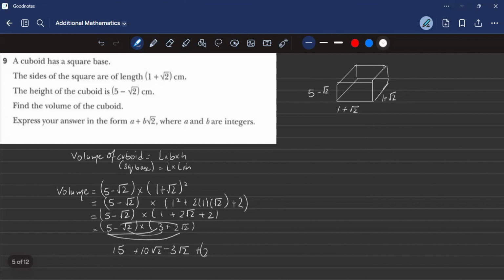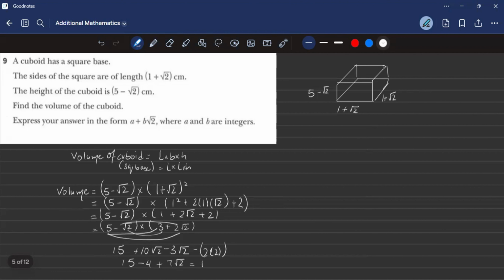In fact, this is going to be not positive but negative. So minus 2 times 2. So this is going to be 15 minus 4 plus 7 under root 2, and that's